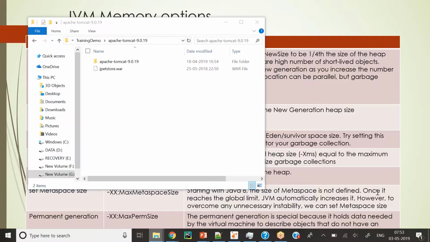Once you take a heap dump, you will get all the object details, and you can also see the object creation rate. I mean, at one point of time, what is the heap space and how many objects are there, and at the next point of time, what is the heap space and how many objects are there. This is how you will come to know if the object creation rate is very high.